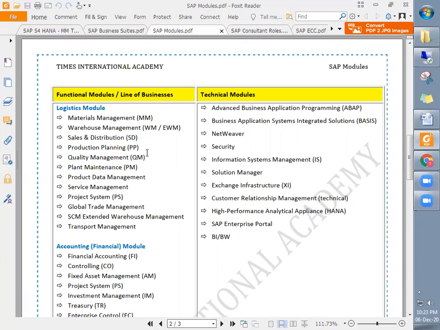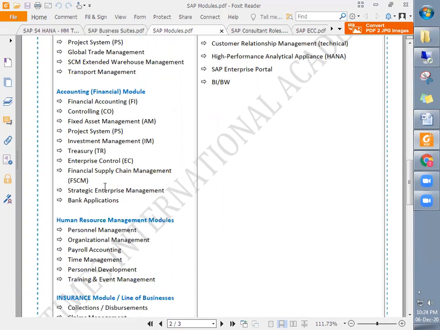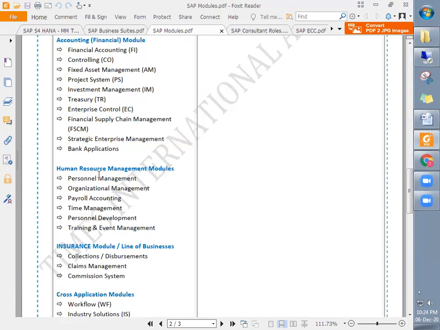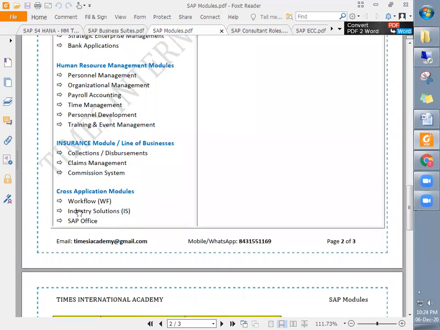Production is for the production department. Quality management, all these come under logistics modules. Besides this, there are accounting modules, financial accounting and controlling. Then HR related modules, and some insurance related and cross application modules, right?